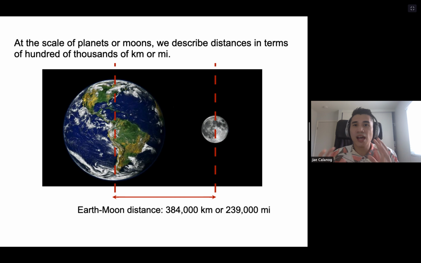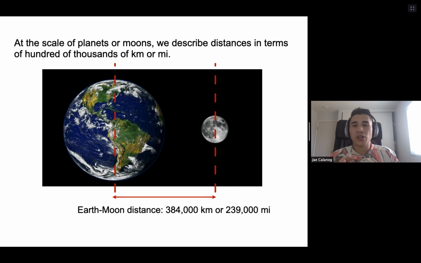All right, so now we have a good handle on what light years mean, which is something that we're going to be using as a cosmic distance scale. And so now let's discuss the different distance scales for astronomy. And how we're going to do this is we're going to start off close, and by close I mean Earth and Moon distance, and then get further and further away to the point where you're talking about the scale of the whole universe.